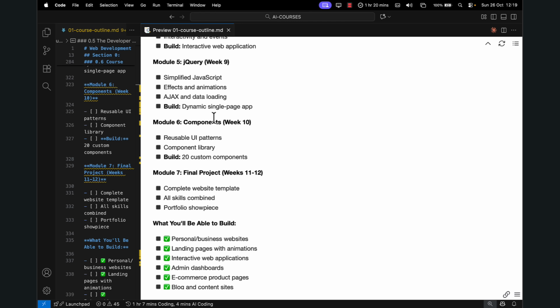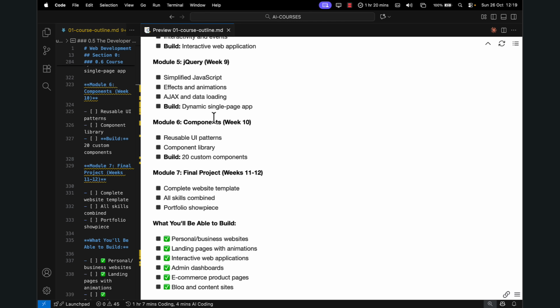And then we shall look at effects and animations, what's meant by Ajax and why it's important, and how we can make use of it. At the end of this section, we shall build our dynamic single page application using artificial intelligence, while following how the AI is implementing